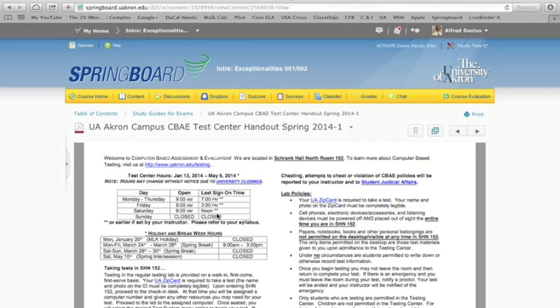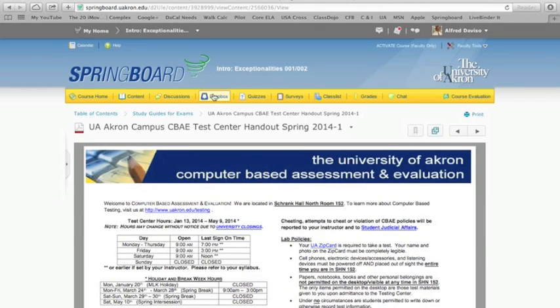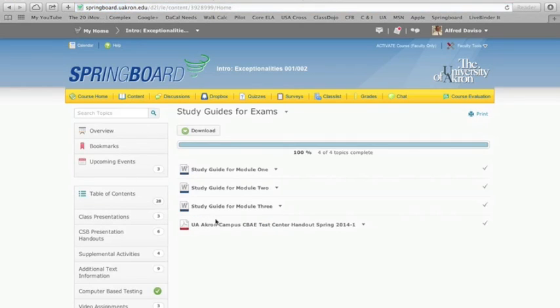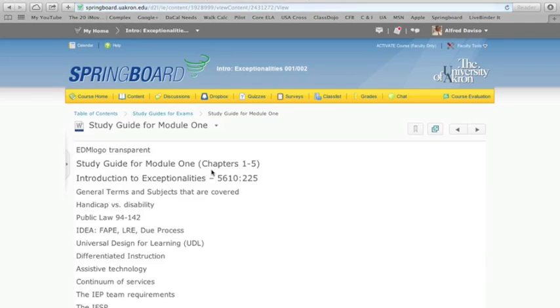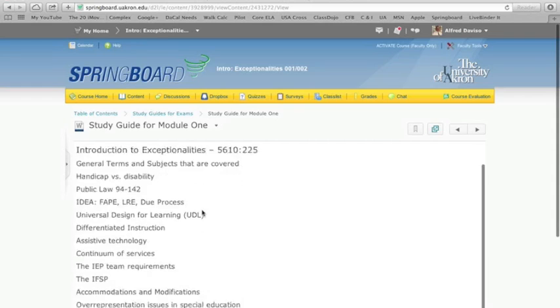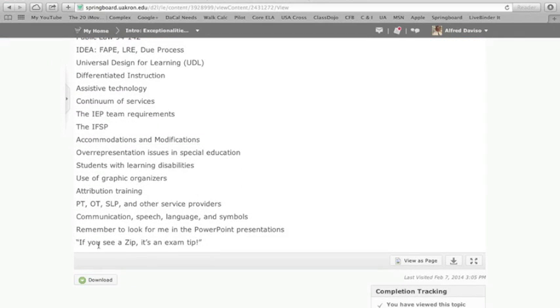You may also go to the testing center website, and you can actually see how long a line there is. They have a live video cam that refilters every 20 seconds, so you can see how long the line is and what your expected wait time would be. And remember, each one of these study guides, if it's on here, it's going to be on the test. Also, remember when you're preparing, if you see Zippy in the exam, it's definitely going to be on the exam for you. In the PowerPoints, anytime you see Zippy or hear me mention that it's going to be important to know, I guarantee it'll be on the exam.